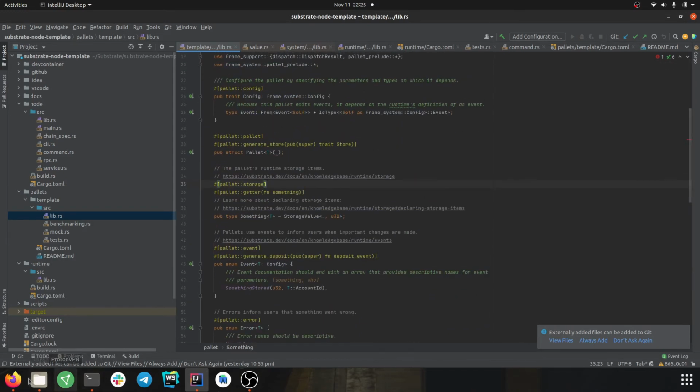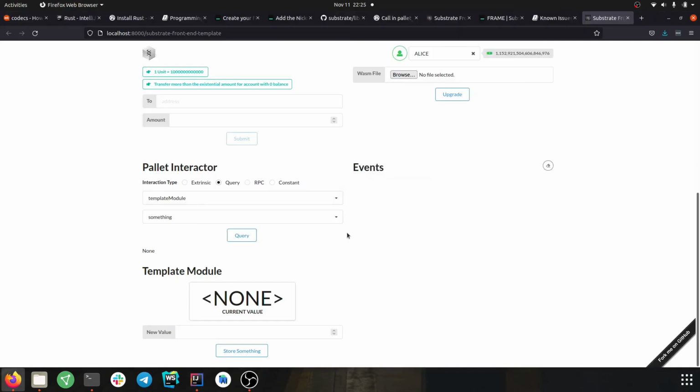So if we go back to our UI and then try to query, as you can see, boom, the result is none, right? Because at the beginning it has absolutely nothing. And if you want to put something, if you want to mutate the value, we need to call the function